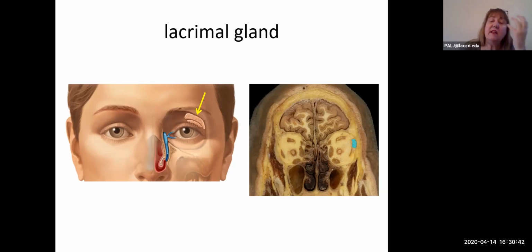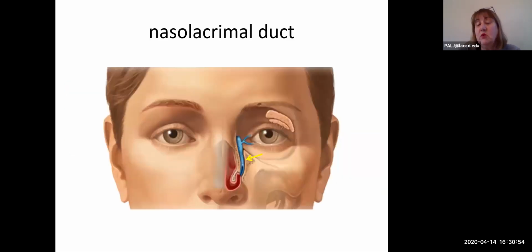Okay. And the lacrimal glands are where your tears are made, and then your tears will bathe over the anterior surface of your eyeball, and they collect in the medial aspect of your eyeball, and they drain into a little duct that will dump the fluid into your nasal cavity,